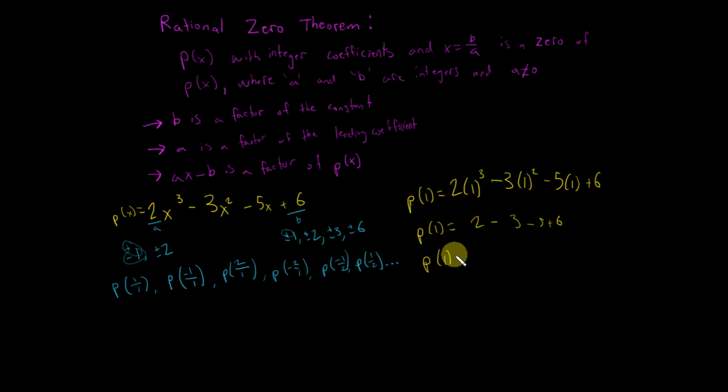P of 1 equals 2 minus 3, which is negative 1. Negative 1 minus 5 is negative 6. And negative 6 plus 6 is 0. So one of the factors is going to be x minus 1, because this is our x value. So if we want it in factored form, we'd have to set that equal to 0. So we would do x equals 1. So then in factored form it would be x minus 1. So we know that this would be a factor